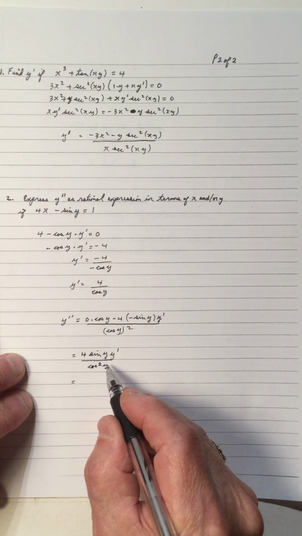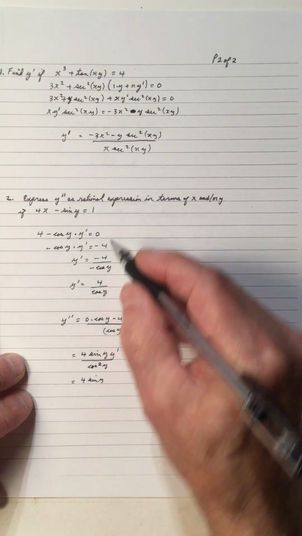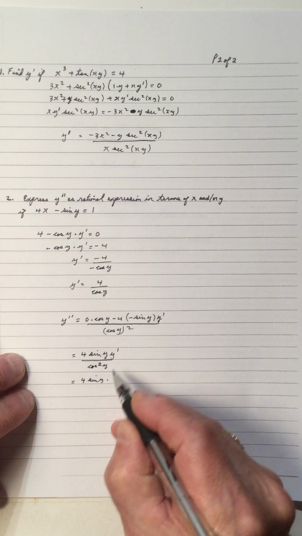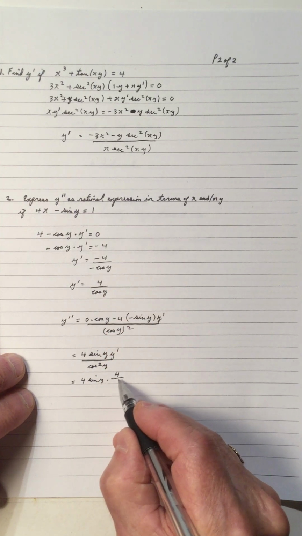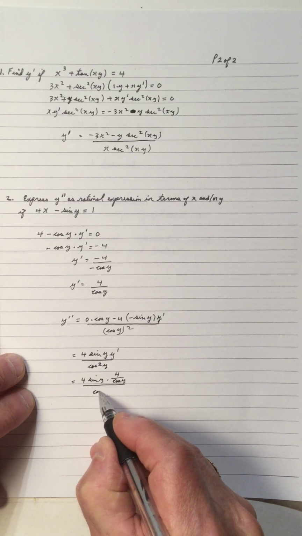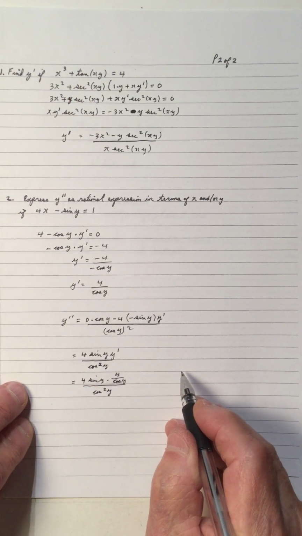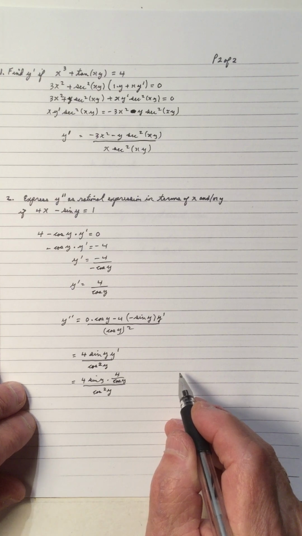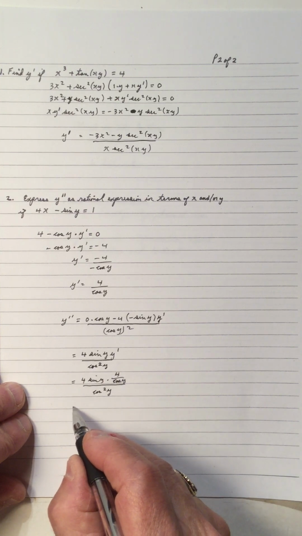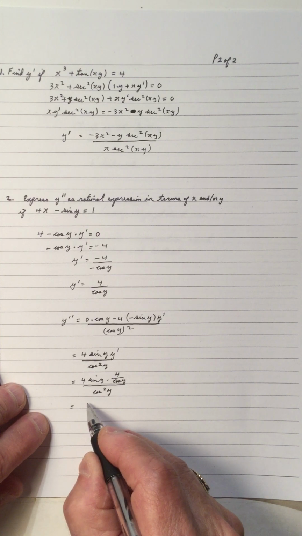Now we want it in terms of x and/or y, so 4 sine y times the derivative of y, which is 4 over cos y, so 4 over cos y, divided by cos squared y. And if we want, we could simplify this. We get 16,